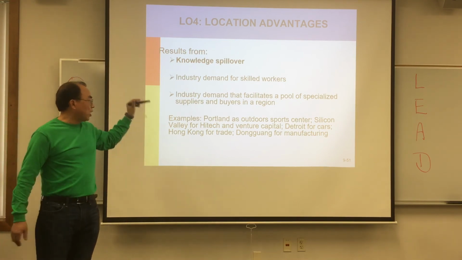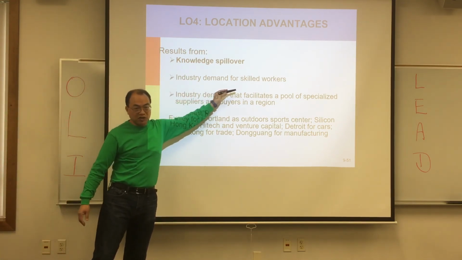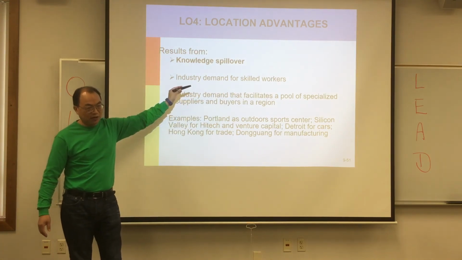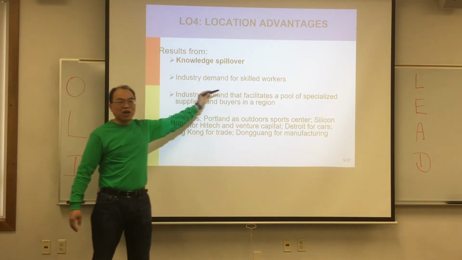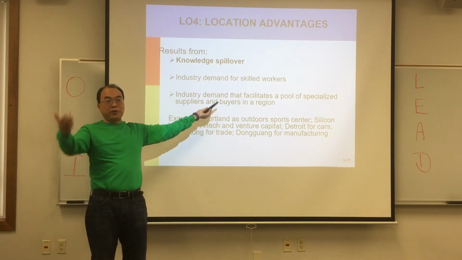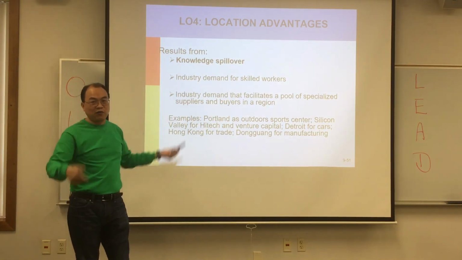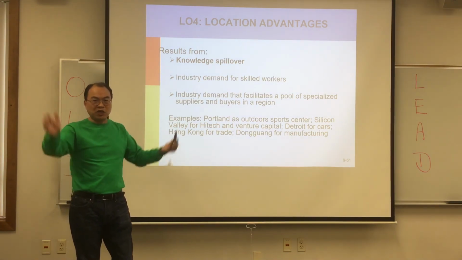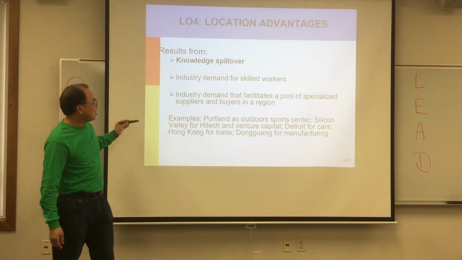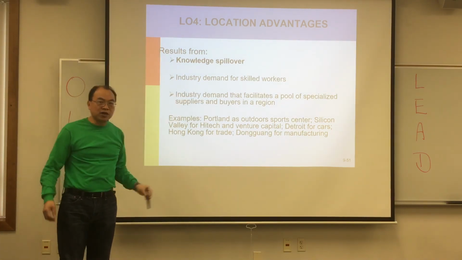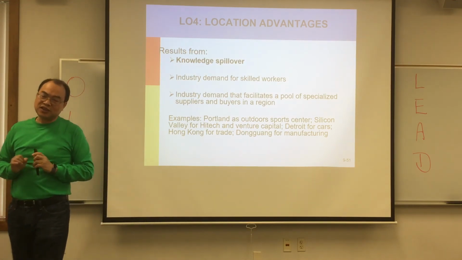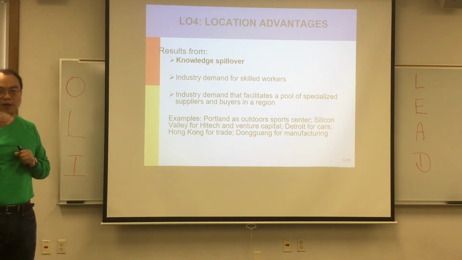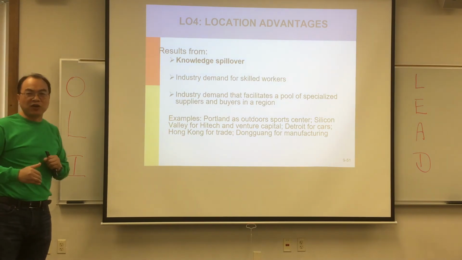Again, knowledge spillover, right? Skilled workers. I just mentioned Nike, right? Or Columbia, sportswear, Adidas. But you go to Shanghai, you probably have hundreds of thousands of Chinese auto workers that work for other companies. If Tesla wants to pay them 10% more and 20% more, people are going to come over and work for you, right? So anyway, basically, this is very important. Location is very important for business. We're talking about this in the geographic factor, right? Just like you buy a house, you want to choose the best location because location gives you a lot of advantages.